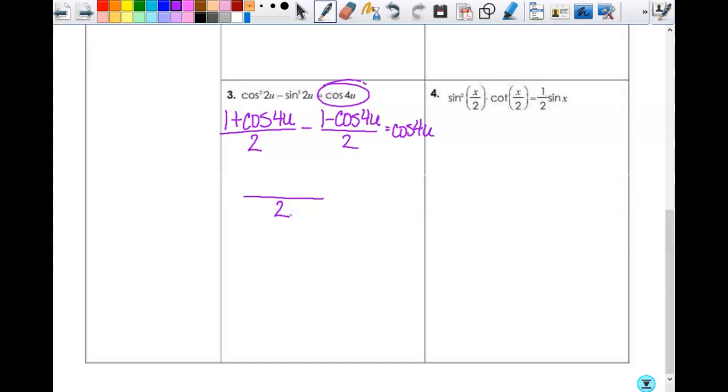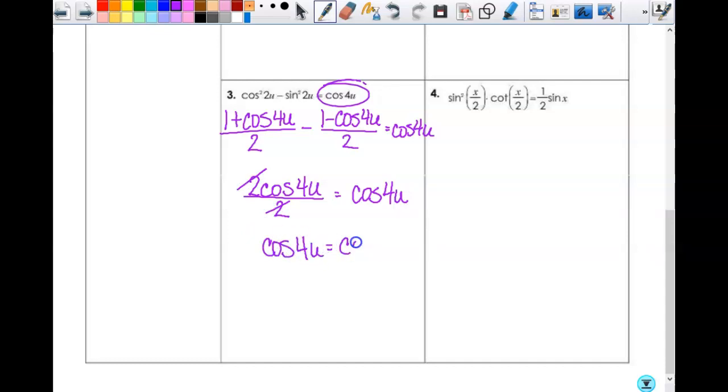So it kind of looks like a difference of squares, but we're not multiplying, so it's not. But if I do the 1 minus 1, they zero out, right? 2 cosine, good. So 2 cosine 4u, and that all equals, minus a negative. Then these 2's cancel out, so you get cosine 4u